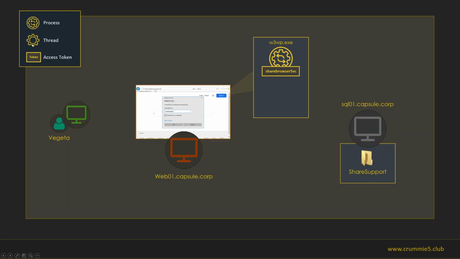So at the end, our application and our clients are working like this. Vegeta authenticates into the application, the application impersonates Vegeta, and this new thread with the access token and potential credentials of Vegeta will try to list the ser folder that is offered by SQL01.